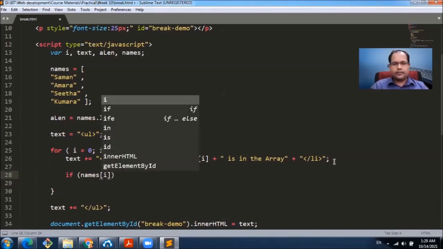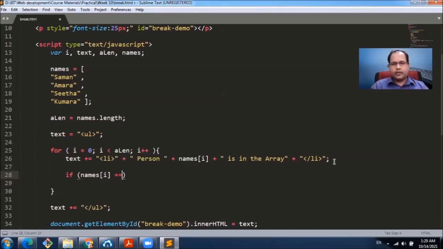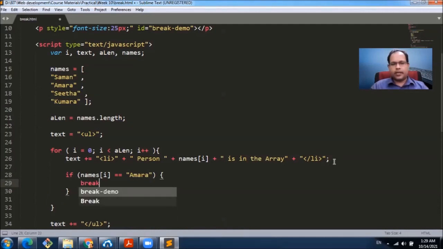If names[i] equals, please note that there are two equal signs. In JavaScript, when we compare the values, we have to put two equal signs. If it is equal to Amara, then break.